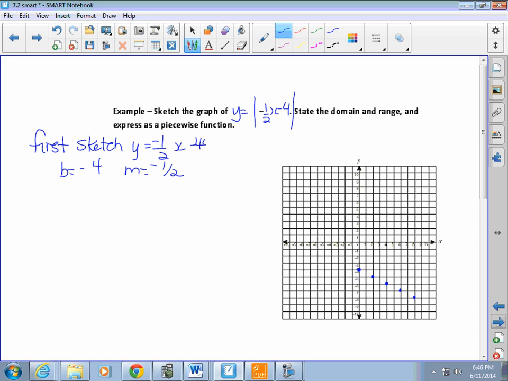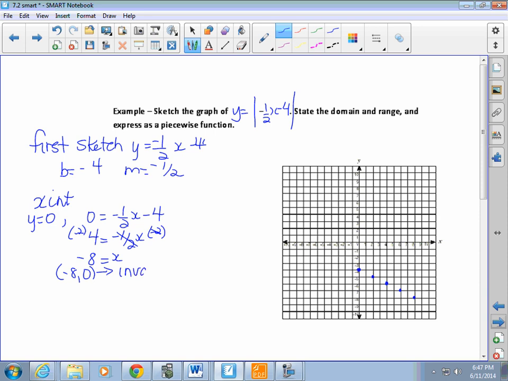So then I can calculate my x-intercept. For my x-intercept, we let y equal 0. Then we have 0 is equal to negative 1/2 x minus 4. So 4 is equal to negative 1/2 x, multiplied by negative 2. That gets rid of that. So I have negative 8 is equal to x. So my x-intercept is at negative 8, 0, which is my invariant point. That's the point that's going to be exactly the same in both graphs. So negative 8, 0